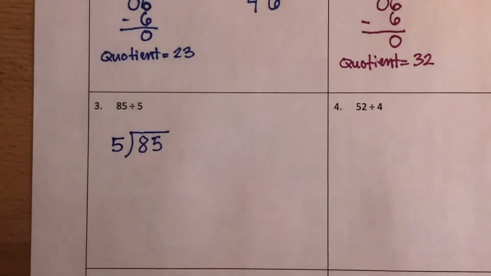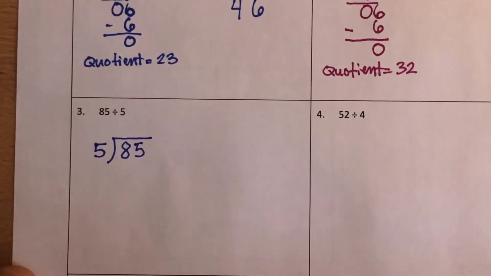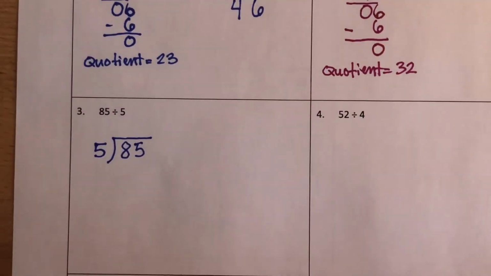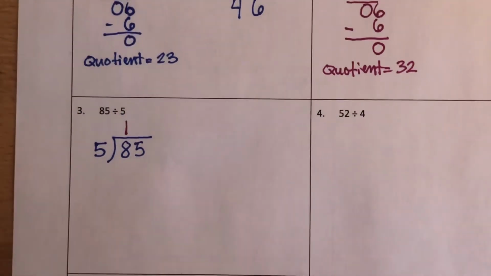Great. So I start with my tens place, the 8. How many 5's fit into 8? So what I'm gonna do is count by 5's. 5, 10. Look, I'm already over 8. So 5 just fits into 8 one time. So I write that right there. Great. Now I'm gonna prove it